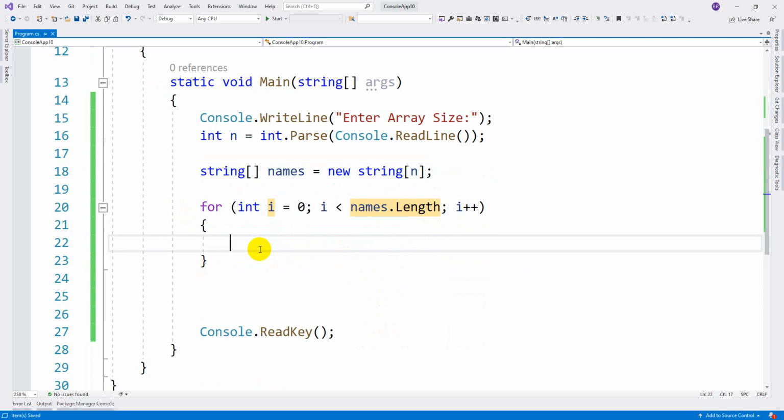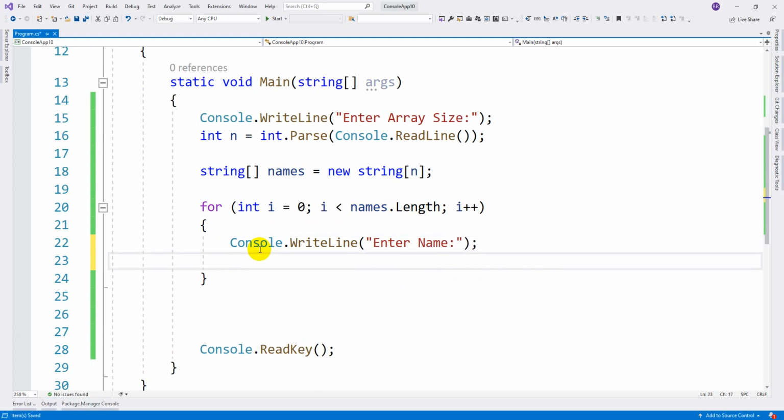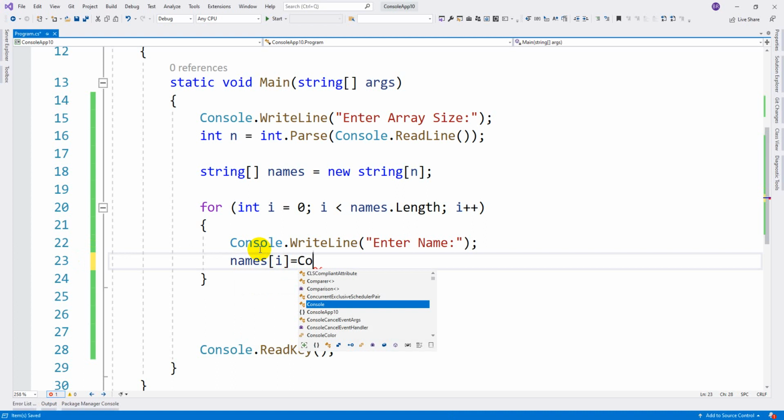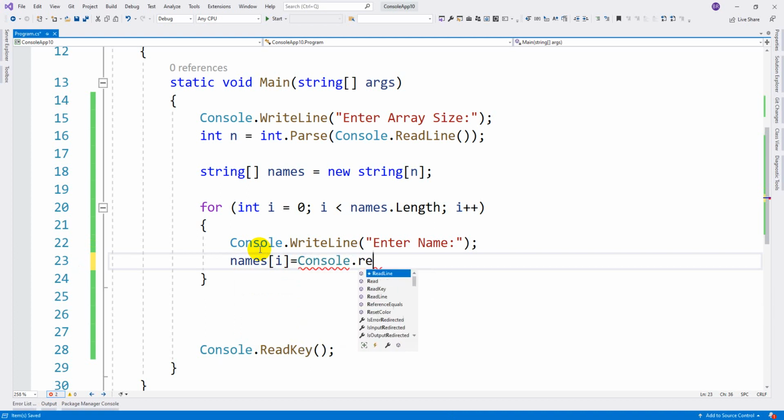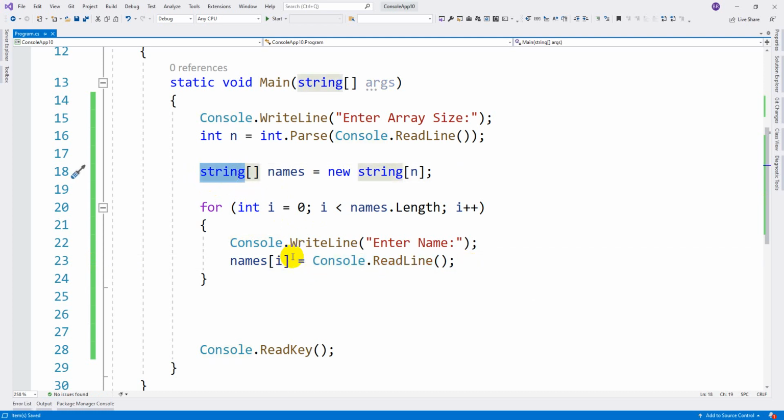So now let us read the value. So console read line, suppose enter name. So whatever the name entered by the user along with the index, the index value will be repetitive from 0 to n-1. So first time it will be 0, then 1, 2, it is going to keep on repeating. So here we are going to store the value by using console read line, whatever the value entered by the user. Since my array type is string, I am not converting it in any other format. If it is an integer, then this console read line needs to be converted into either integer or whatever the respective format we are trying to take.